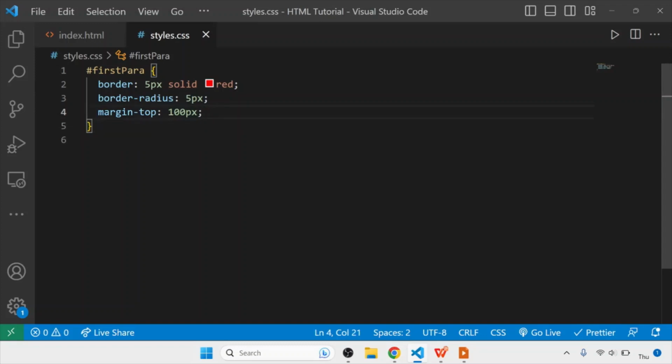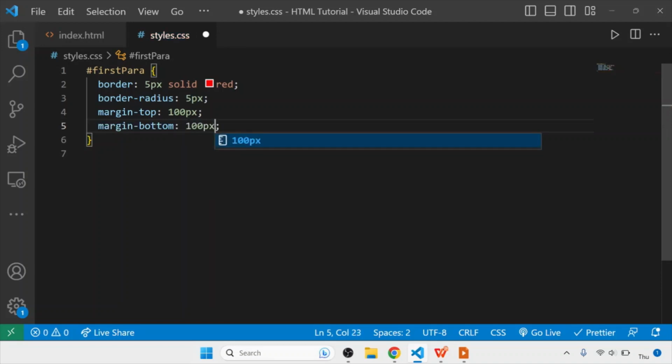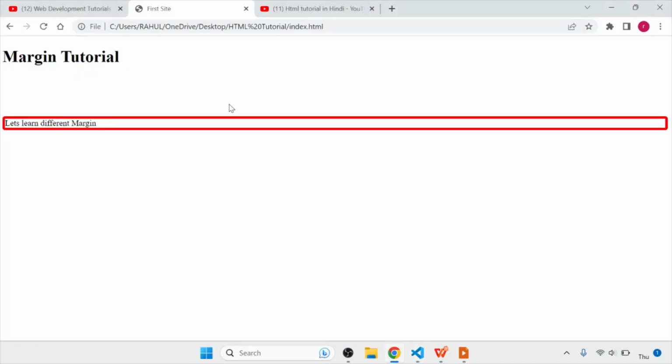Similarly, let's apply margin on the bottom side. So margin-bottom, and let's give it 100 pixels also. But right now there would not be much change that we will observe, right?